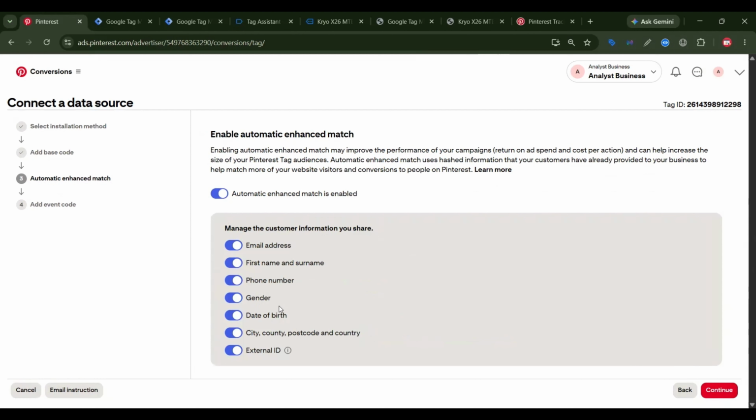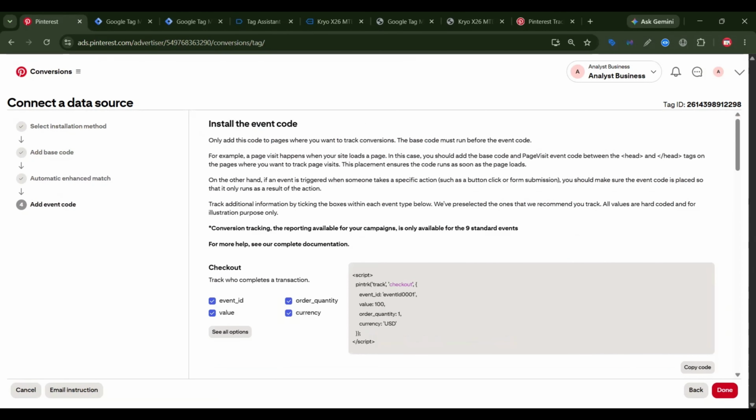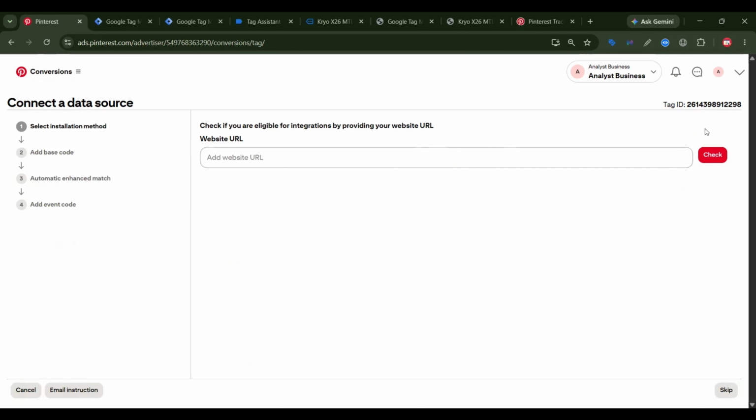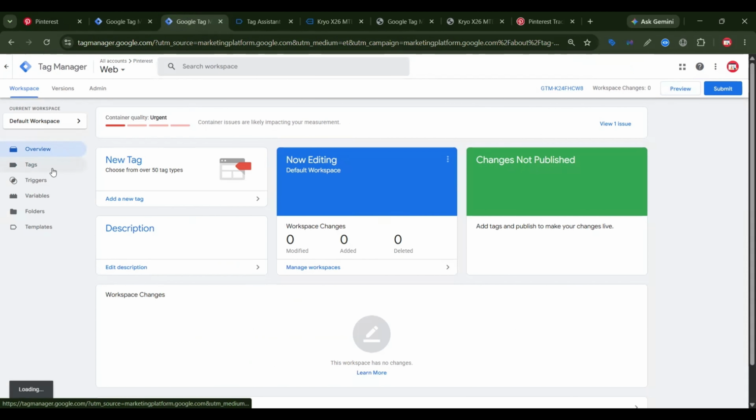So now I need to turn off some things. So this one is not needed, so any people don't share his or her gender, so I will disable this one. Then I need to click on done, again click on done. So if I reload this, here it is not showing, so I need to manually copy this tag ID. So I will copy this tag ID, then go back again to the web container, then click on tags,